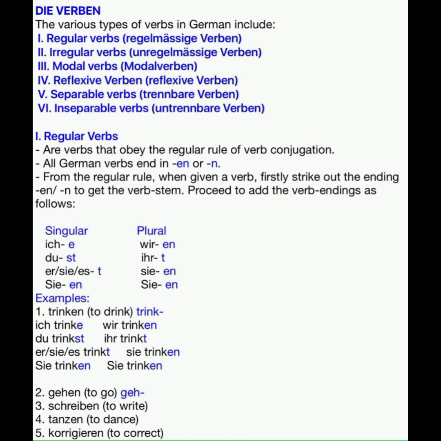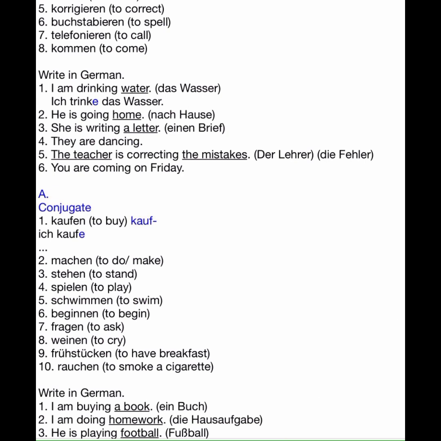If you're done, you can just snap a photo and send it to me to see if you've done them correctly, like in the above examples, yeah? So the other examples are: to dance, tanzen; to correct, korrigieren; to spell, buchstabieren; to call, telefonieren; to come, kommen. These ones I want you to do in an exercise book,